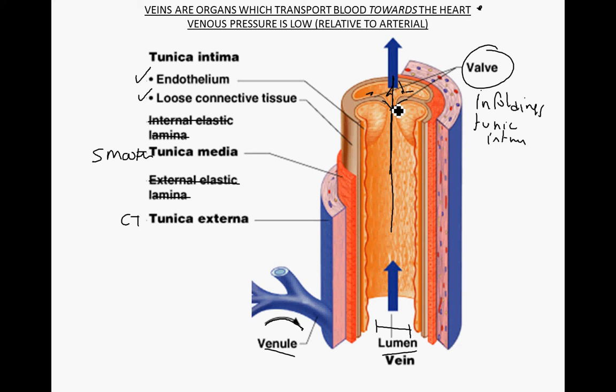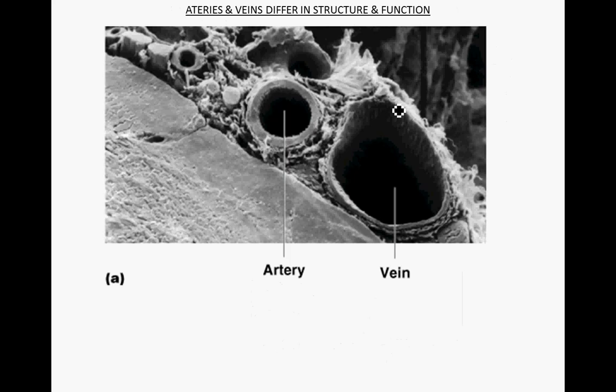The arteries do not have these valves. The blood is under enough pressure there, leaving the heart, to keep that blood flowing in one direction. Okay? So we've talked about arteries on the one end, taking blood away from the heart, veins bringing blood back to the heart. Actually, before we go on, here's an electron micrograph of a cross-section through an